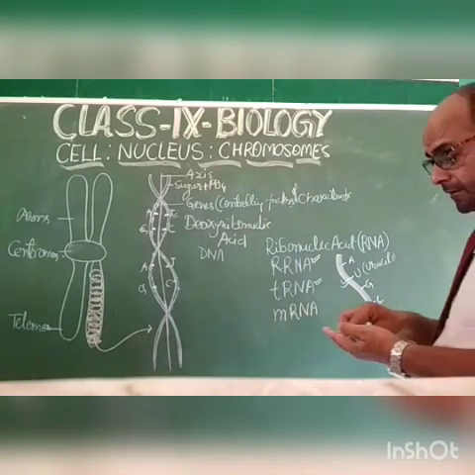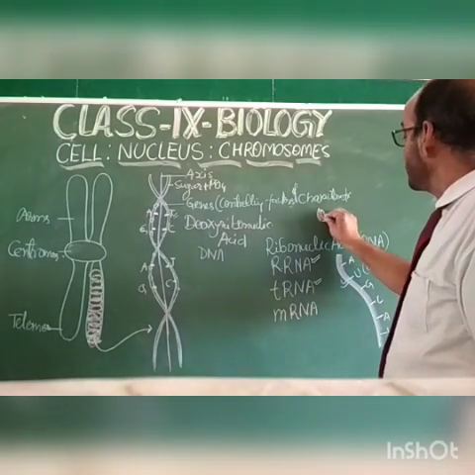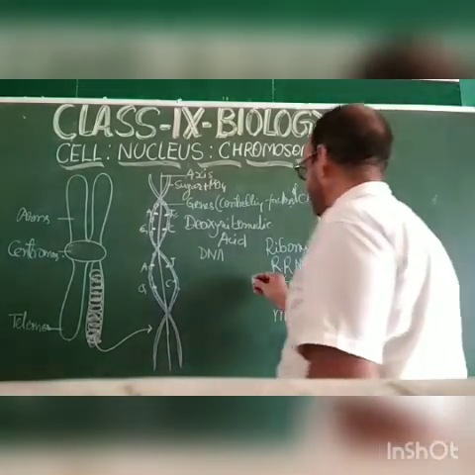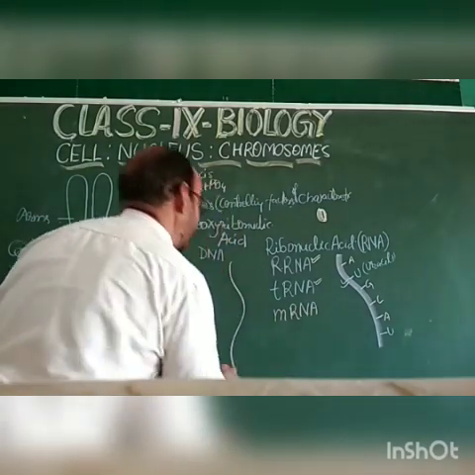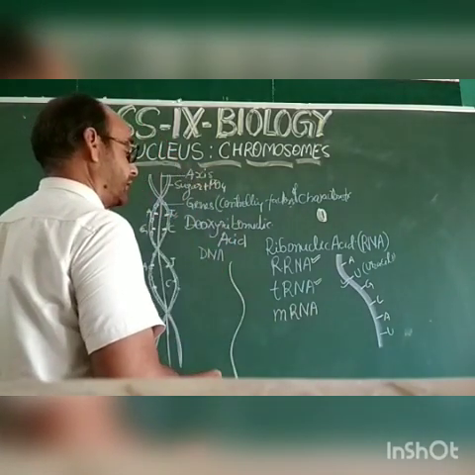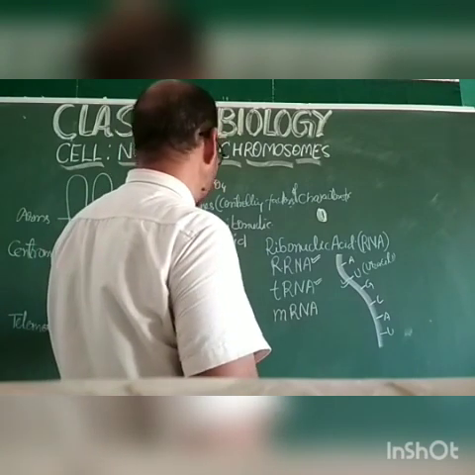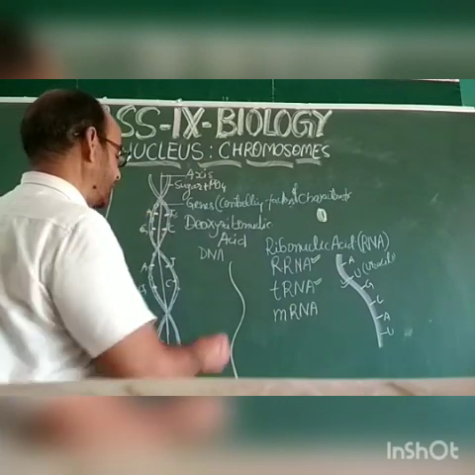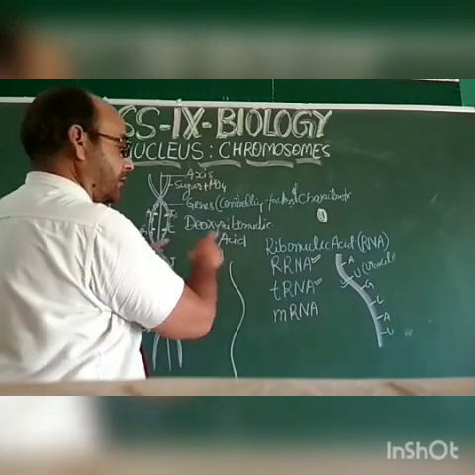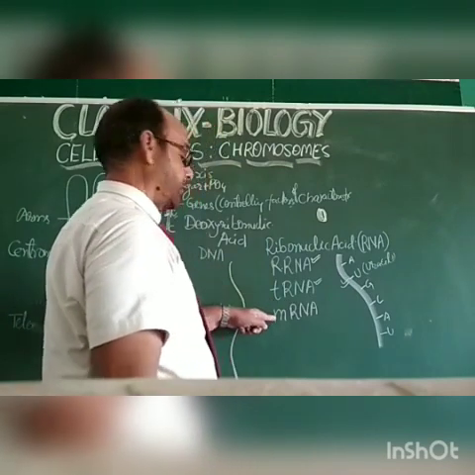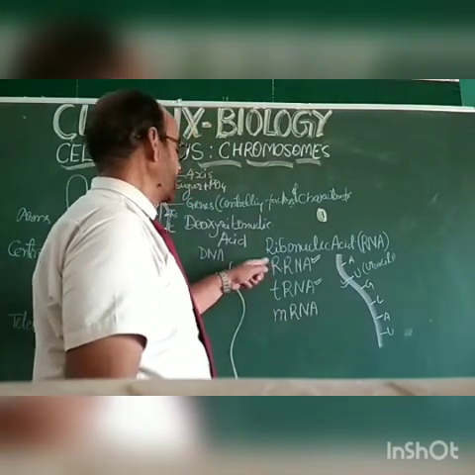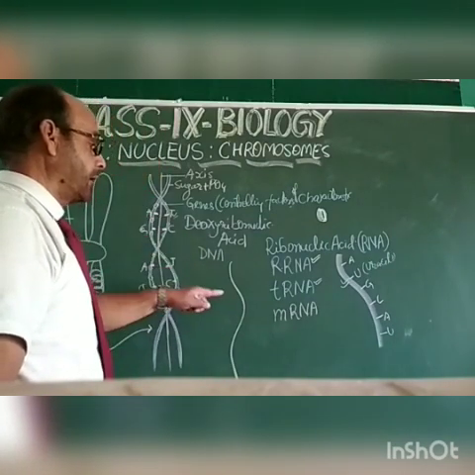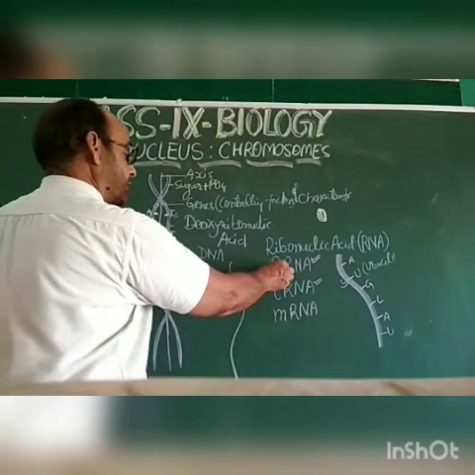Dear student, as you see, the structure of the nucleolus always synthesizes the new strand of the DNA. Suppose this is a DNA, and this is a newly synthesized DNA, and there will be the need of the genes. One strand of DNA gets duplicated, and the mRNA carries the message to the ribosomal RNA to manufacture these kinds of proteins for this newly formed DNA, and the ribosome manufactures that kind of protein.